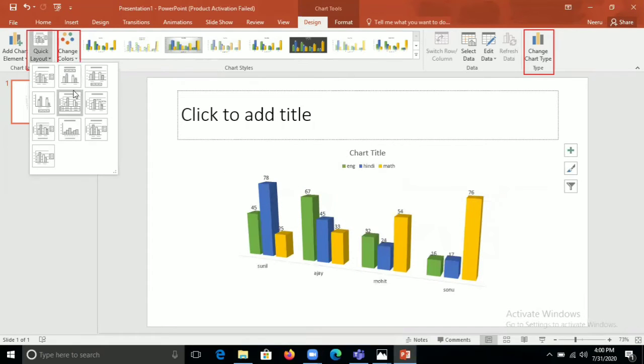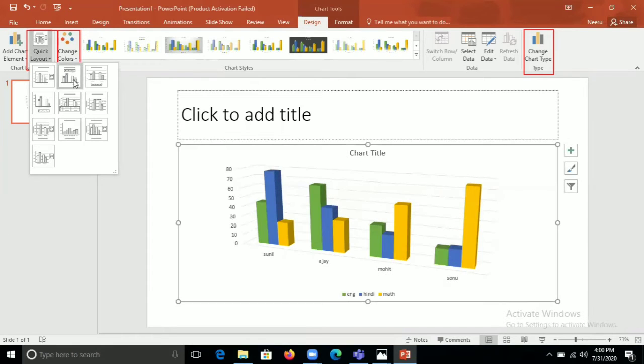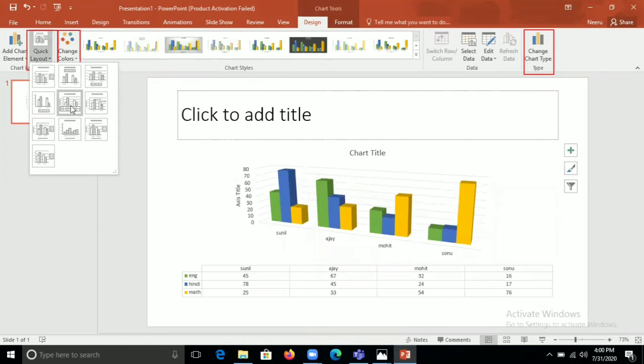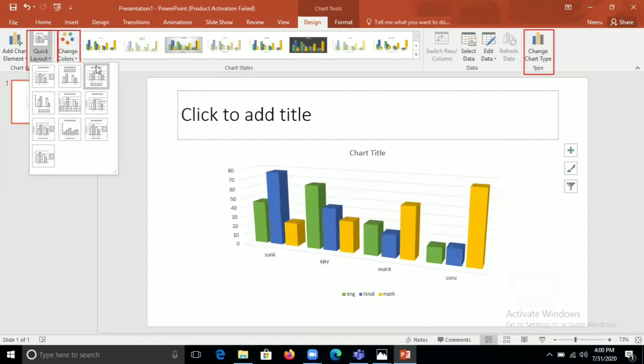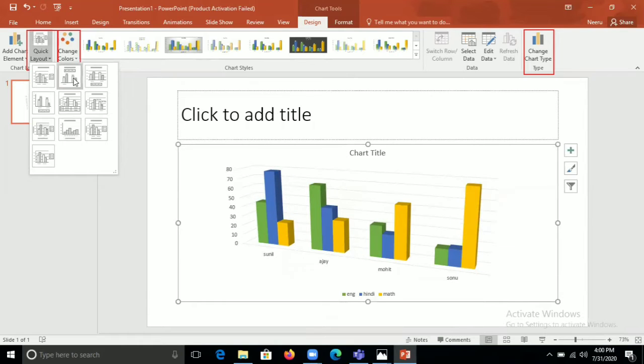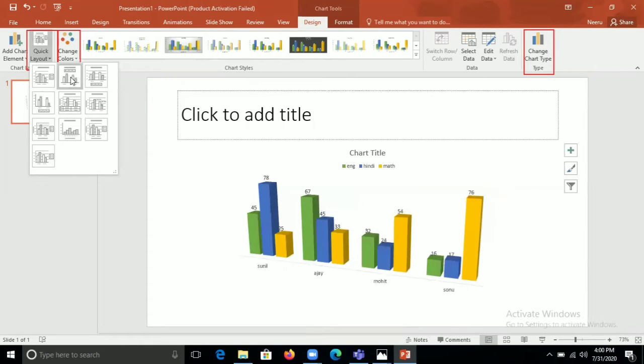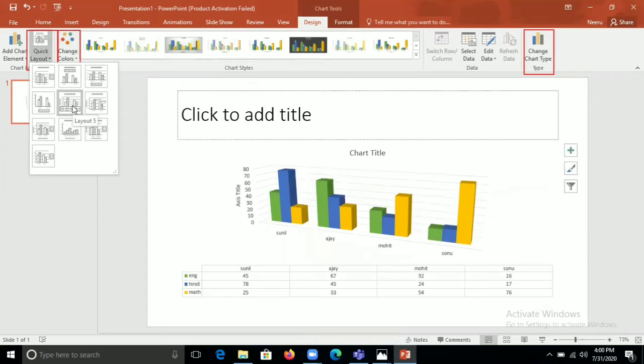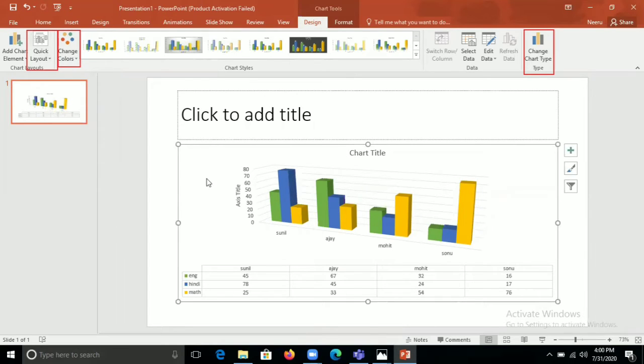You will see many layouts are here. If you want to see the data sheet also with the chart, take this one. If you want to take the values also, you can see here, values also we can take. The marks are also displayed here. So it depends upon you which chart layout you want to take. I have taken this one. You can see here, the chart is also here with the data sheet and legends.